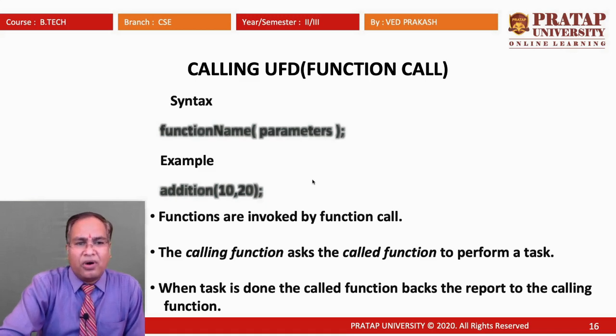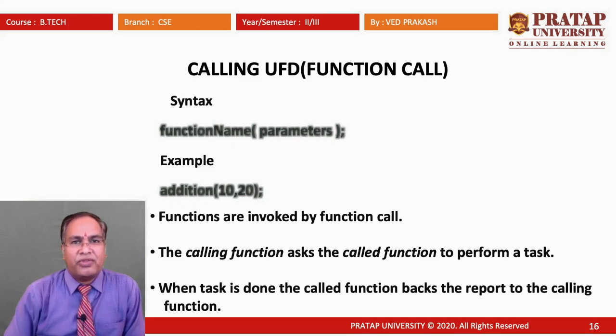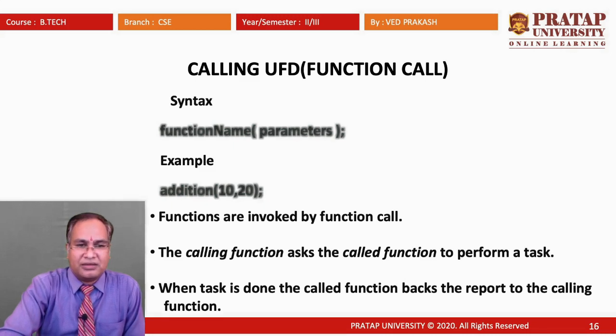So when we call a user-defined function, the function is invoked by the action of the function call. When the function call is made, the calling function asks the called function to perform a task. So what is the calling function and what is the called function? Basically, the calling function is that function in which we pass the actual parameter. Such a type of function is known as a calling function, and the called function, in which we pass the formal parameter, is known as a